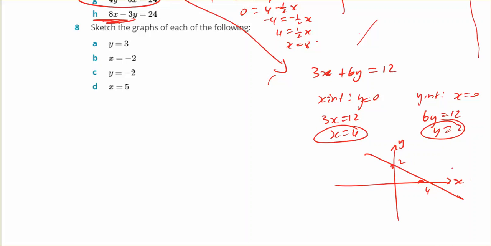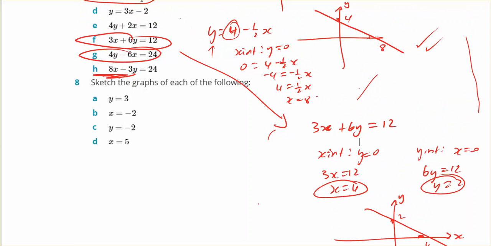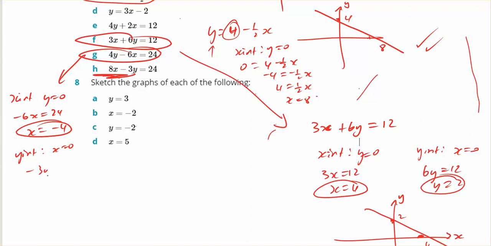Now, for G, I'm not going to do the full question for you. You're simply going to go through the same process. X-intercept, y equals 0. So -6x equals 24, x equals -4. That's the x-intercept. Y-intercept, x equals 0. So -3y